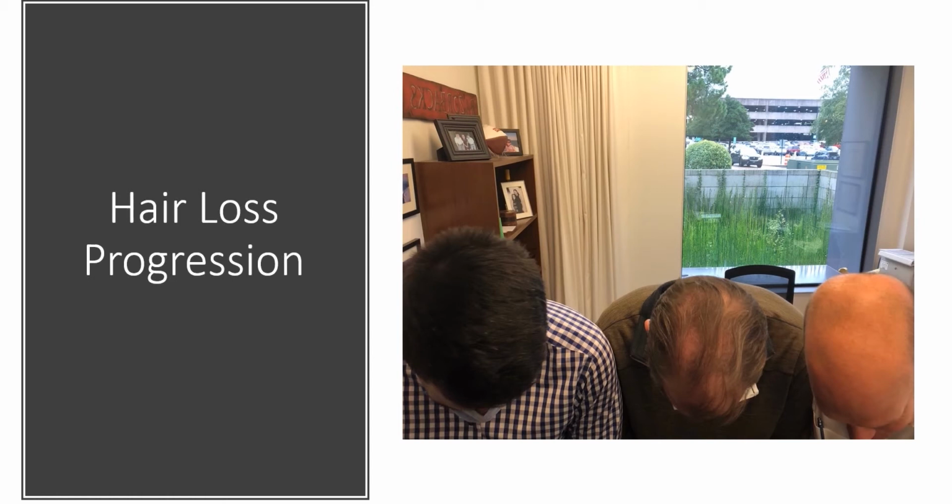And so this is a picture. I've got a couple of my partners here that help me out with this. This is my partner, Dr. Sines, who has probably too much hair and needs to see somebody about that. And then this is one of my partners who chooses not to be named, who is thinning a little bit. And then this perfect head here, that is mine, where you can see it has virtually no coverage at all. So that's, again, my real world example of what progression of hair loss is like, progression of